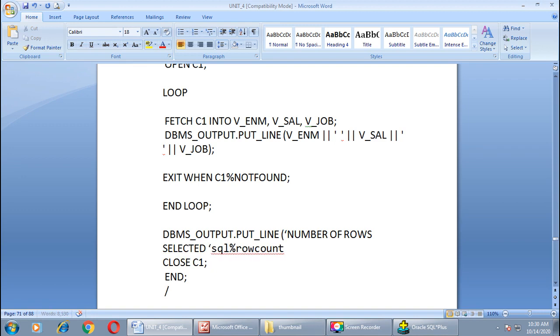Then instead of SQL, you can replace SQL with your own cursor name, here C1. Let me write everything in capital letters. It doesn't make any difference, but still I am writing in capital letters. Percent row count, bracket over, and then semicolon.